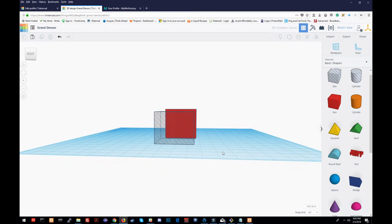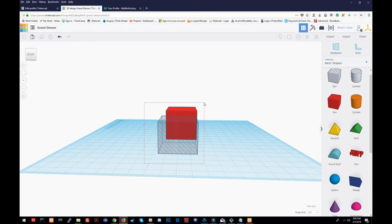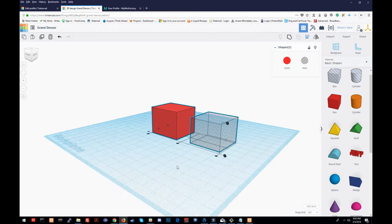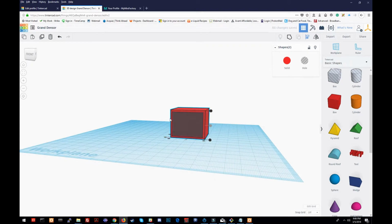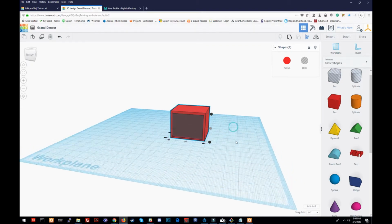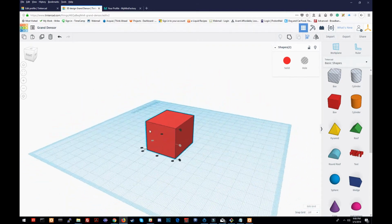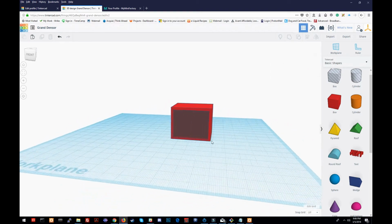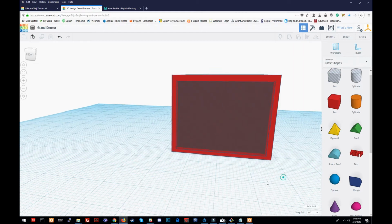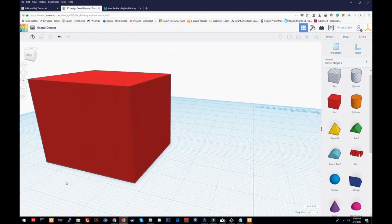So now you can see I'm over 2, I'm up 2, and I'm ready to slide them together. So I'm going to center using my alignment tool, and that's giving me my box, as you can see. And I don't want to click the center of the other part or it would take my knockout and ruin it. So now, as you can see, we have solids on our outsides and we have our big window to